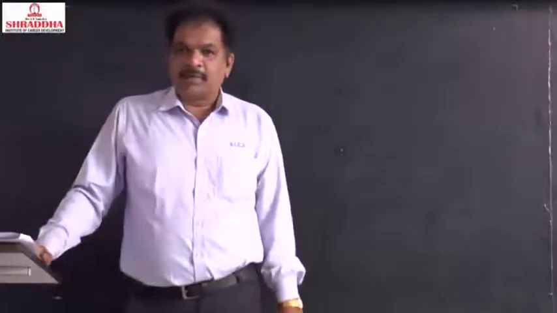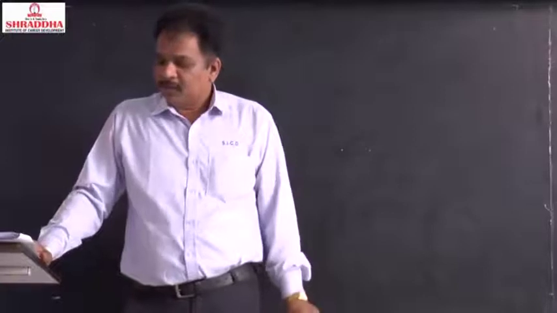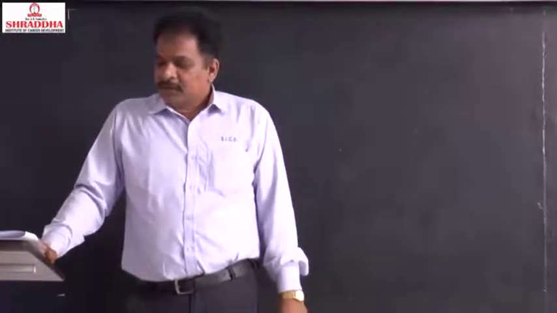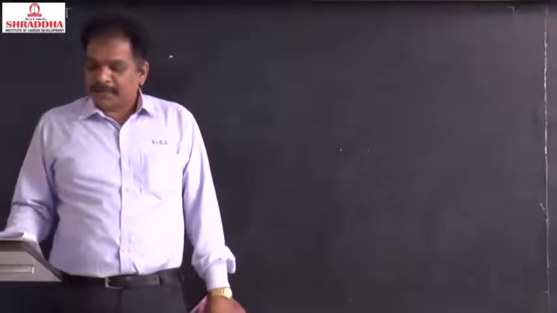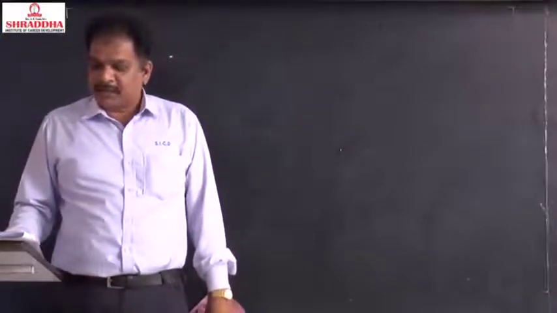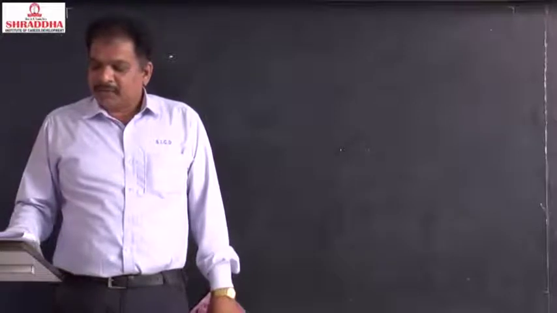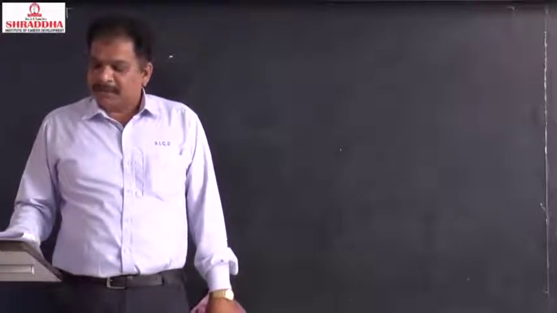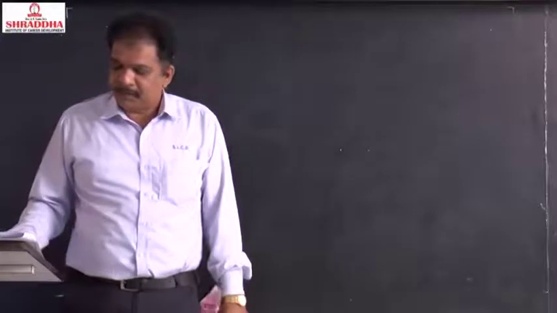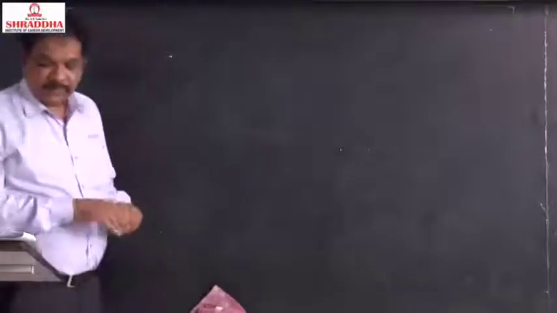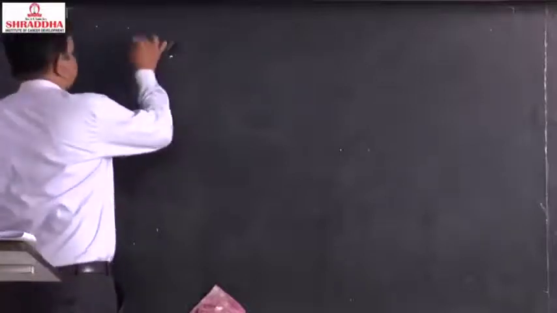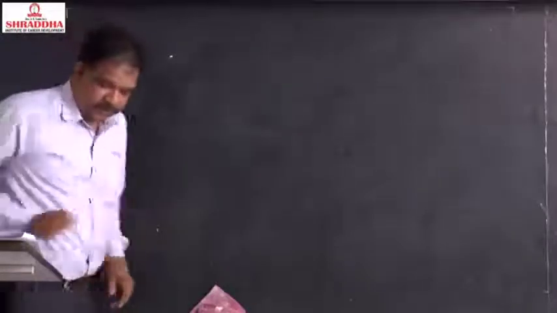Next, come to problem number 23. What we are discussing: the value of m if i cap plus 2j cap minus 3k cap is parallel to 3i cap plus mj cap minus 9k cap. Okay, so what is the question? See, question number 23.